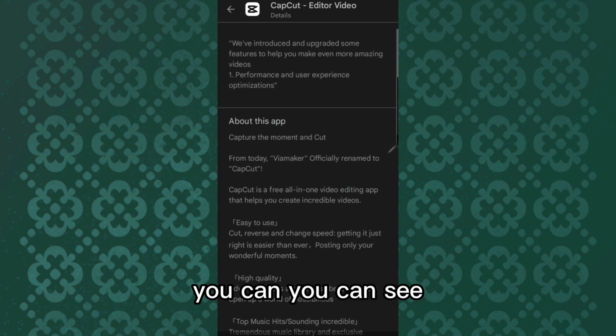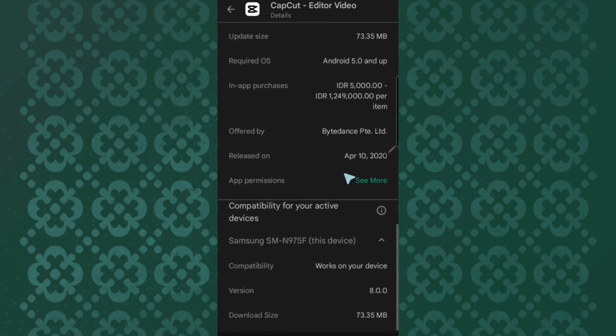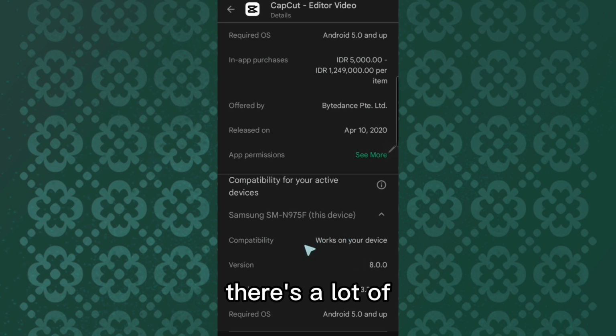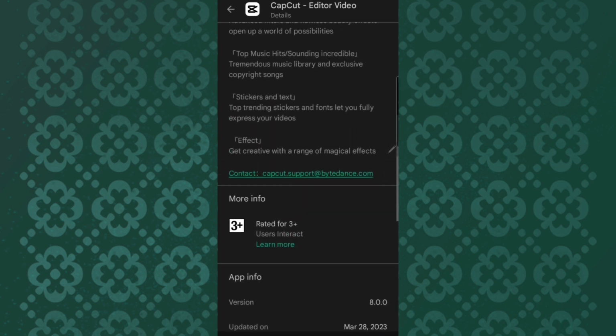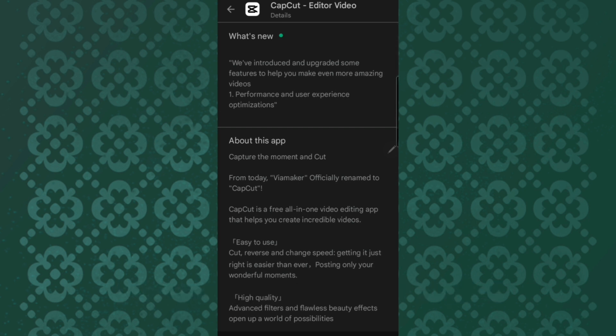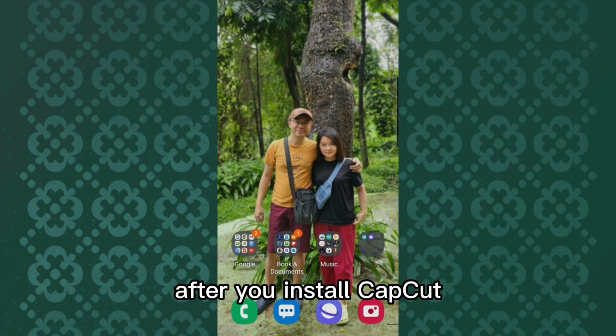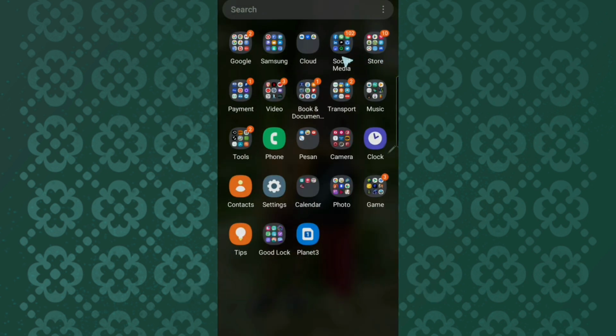You can see there's a lot of things that you can do with CapCut. Okay, after you install CapCut,